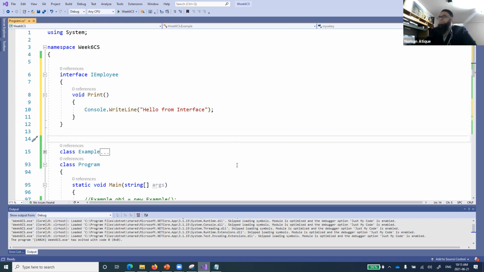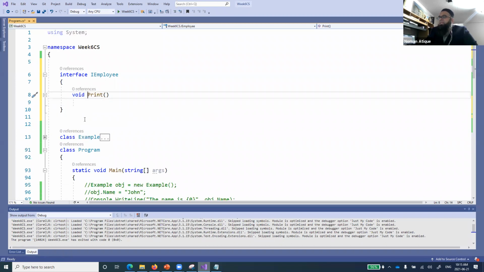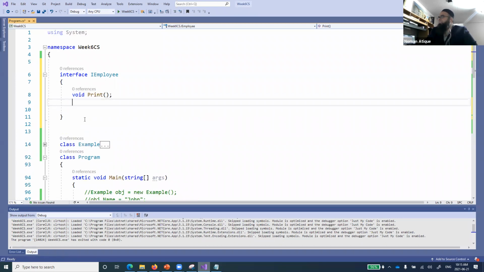Now you see here what I've done. I have defined an interface, and here I am defining a print method. So please bear in mind that in an interface, we never define a function's body. We never define the body of the function. Rather, we only define the name of the function. No implementation is given. Is that clear?